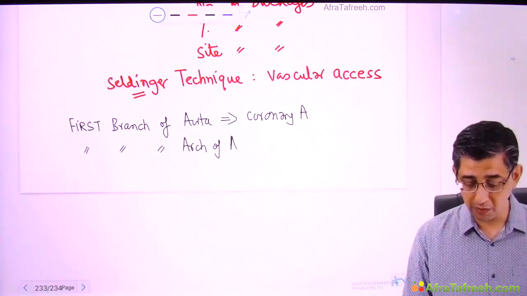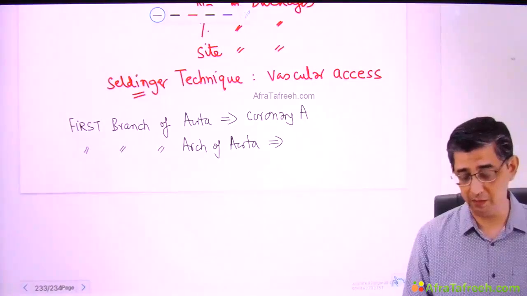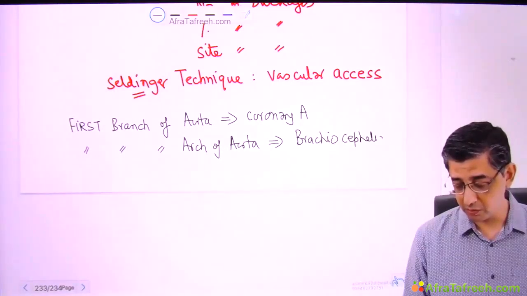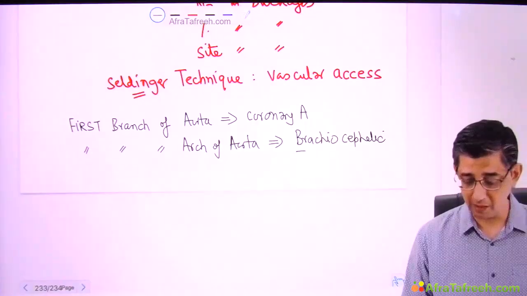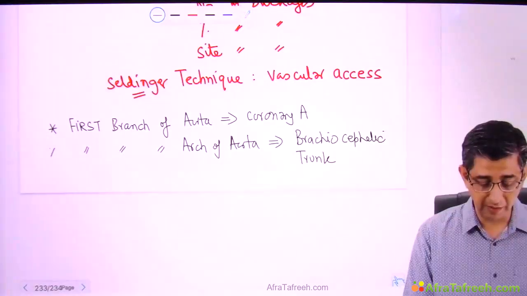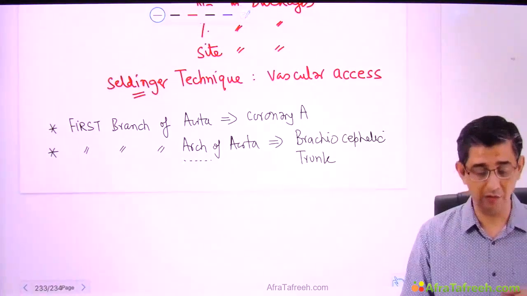then it would be brachiocephalic trunk, because on the left side it would obviously be the left common carotid artery and the left subclavian artery, but it is the brachiocephalic trunk on the right hand side which would be the first branch of the arch of the aorta. And why I mentioned this is primarily to sensitize you to the fact that errors of judgment can occur while carelessly reading the questions, because a few words will obviously make a lot of difference.